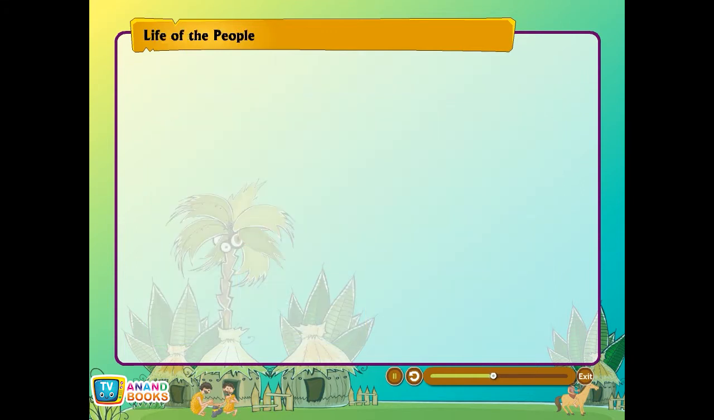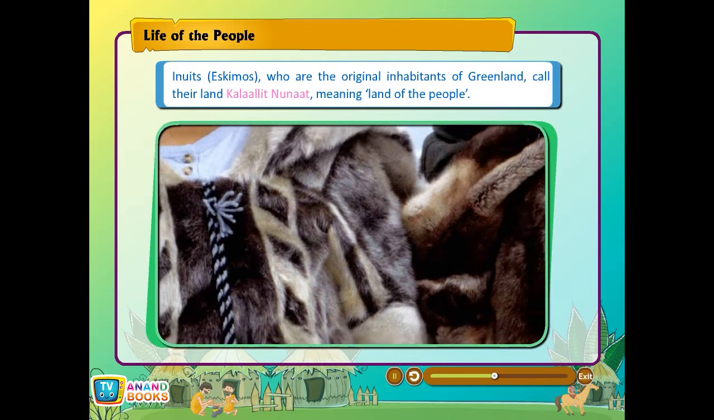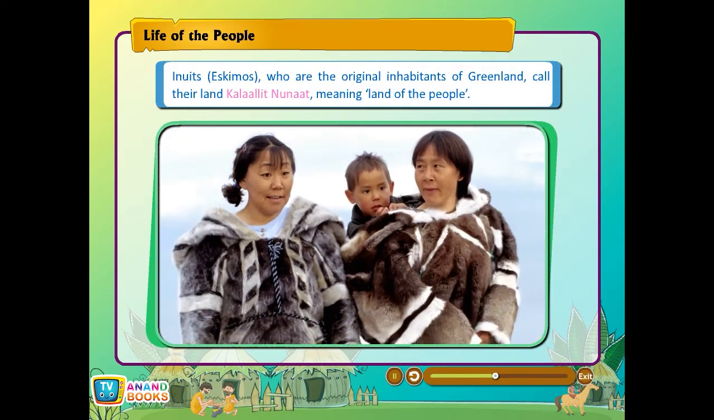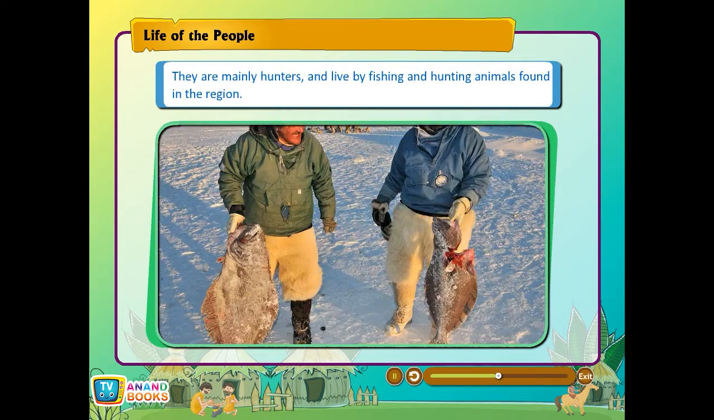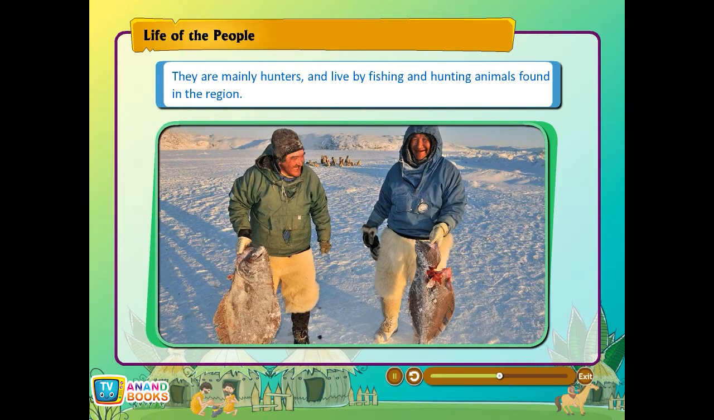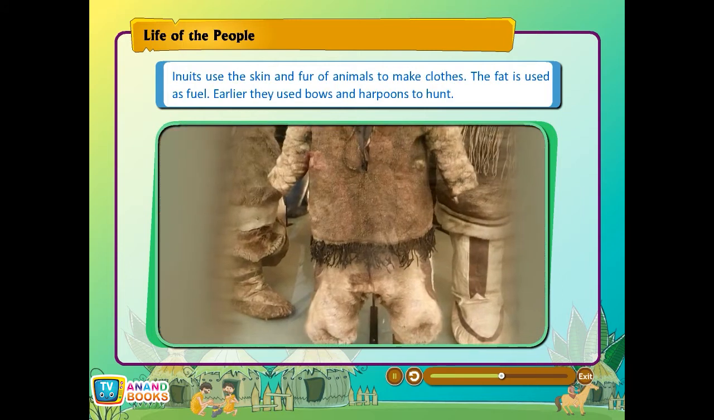Life of the people. Inuits, or Eskimos, who are the original inhabitants of Greenland, call their land Kalaallit Nunaat, meaning land of the people. They are mainly hunters and live by fishing and hunting animals found in the region. Inuits use the